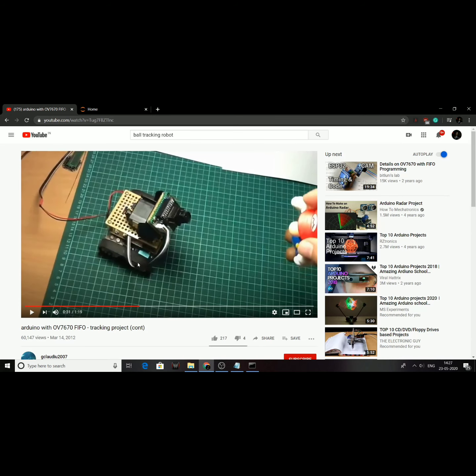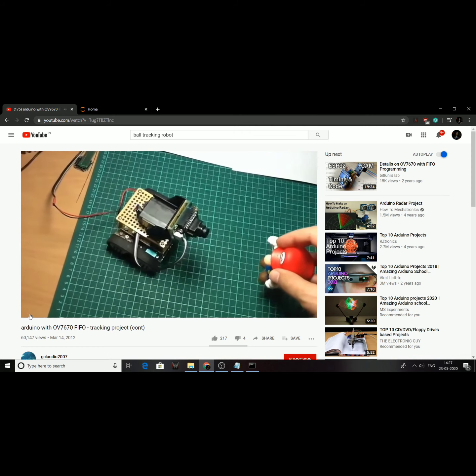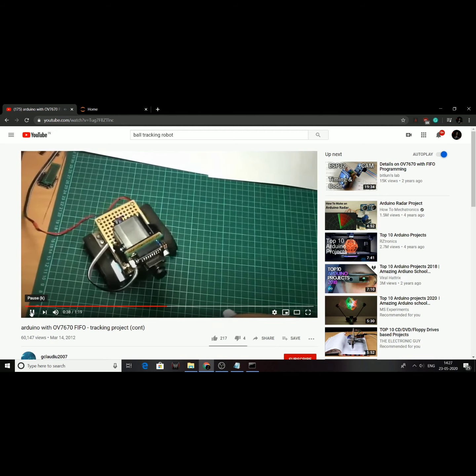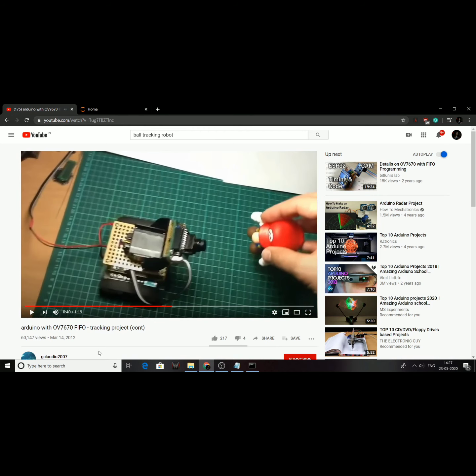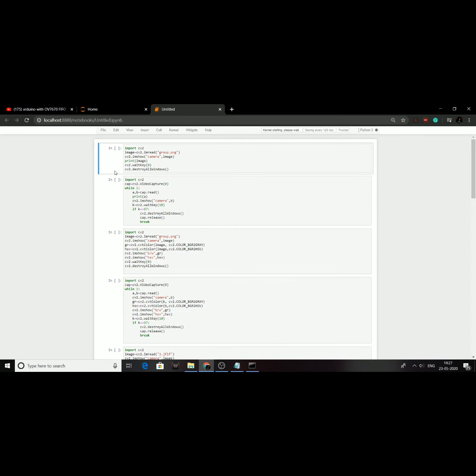Now, look at this video. It's cute, right? This little robot tracks this object and it moves according to this object. So, how is this robot doing that? Two things. One is maybe it can recognize its color and it can move. Second thing, maybe it recognizes the shape and it can move. Now today in this program we will see how to detect colors, like how robots see colors in the real world.